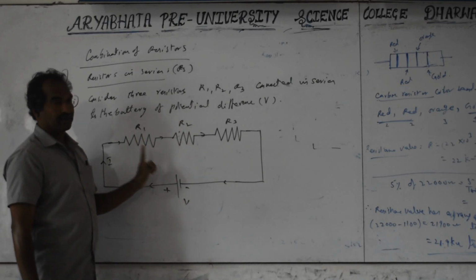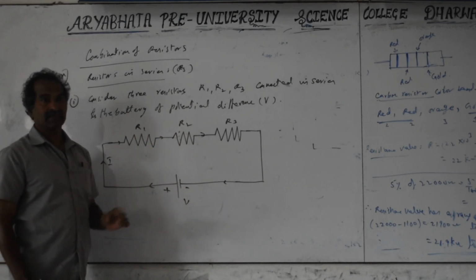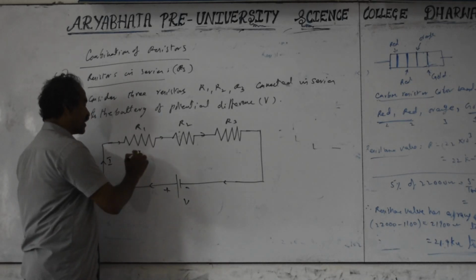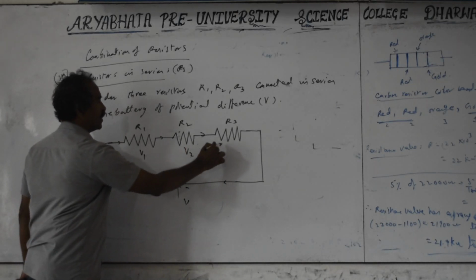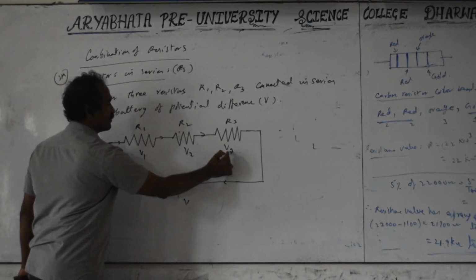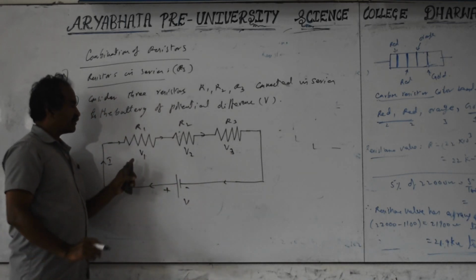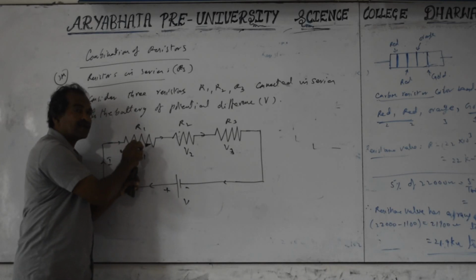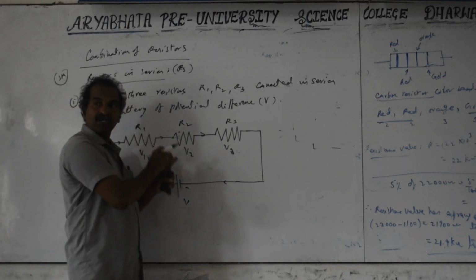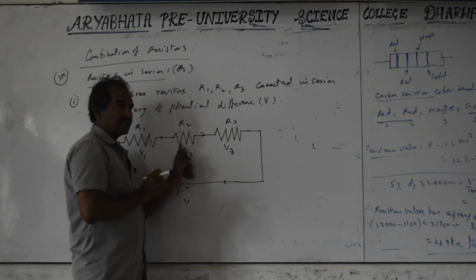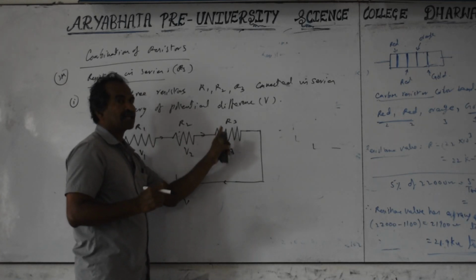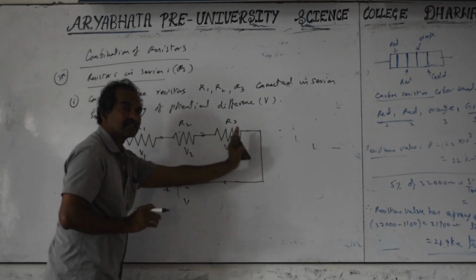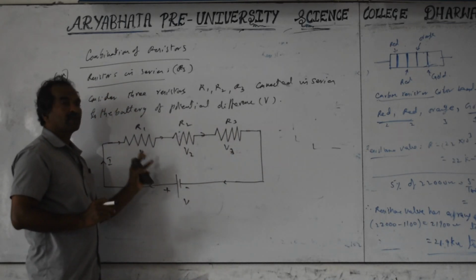And current is same. For resistors in series, what is same is current. But what differs is the voltage. The total potential difference V is divided into parts V1, V2 and V3. So V equals V1 plus V2 plus V3. V1 is the potential difference which makes the charges cross only through R1. V2 is the potential difference pushing the electrons through R2. V3 is the potential difference pushing the electrons through R3. V is the potential difference pushing the electrons through all the resistors. So V equals V1 plus V2 plus V3.